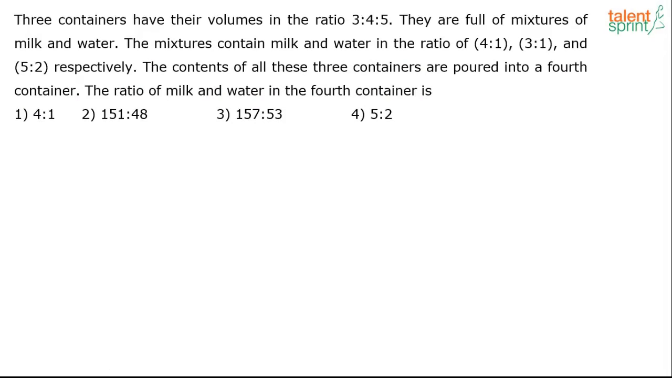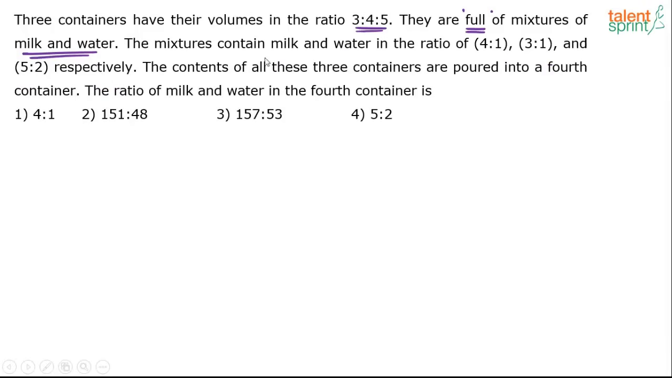So basically he's talking about 3 containers, right? 3 containers which have their volumes in the ratio of 3:4:5. Okay, now they are full of mixtures. Understand, each of these containers is full of mixtures. Full with what? Mixtures of milk and water. But then each container has got its own proportion of milk to water, right? Like for example, he says the mixtures contain milk and water in the ratio of 4:1, 3:1 and 5:2 respectively,